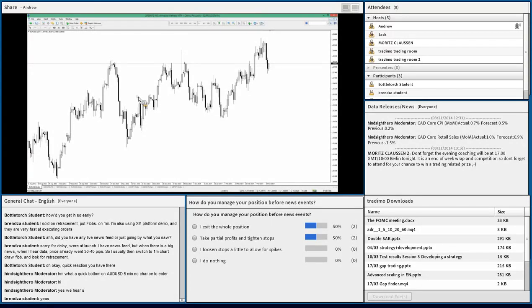Now, when the larger players want to find liquidity, they will very often overshoot that level, triggering the stops of those technical traders, okay. We'll go into that a little bit in a little while, but essentially what we're looking for is two ways of playing it. Now, if we start on a daily chart like this, the first thing that sticks out to me is